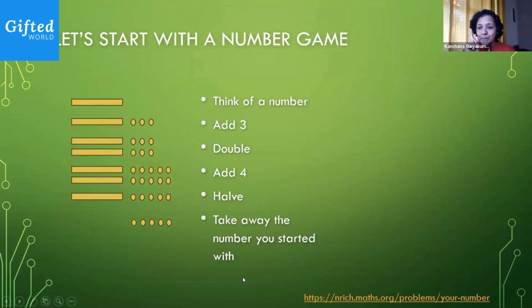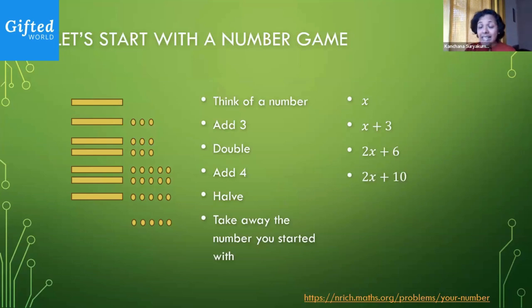Let's go back to the other algebraic solution that we got at the beginning. Instead of a rectangle, let's use the language of algebra, which some of you might be familiar with. Don't worry if you're not, because we can continue to use figures as our crutch. So let's take some number, we'll call it x. We will add 3 to it, and I will show it as x plus 3. When I double it, what is happening? The x becomes double, so it becomes 2 times x. The 3 becomes 6. So I have 2x plus 6. Then I add a 4. I've already added 6 and I add 4. That means I'm adding a 10. So it becomes 2x plus 10.